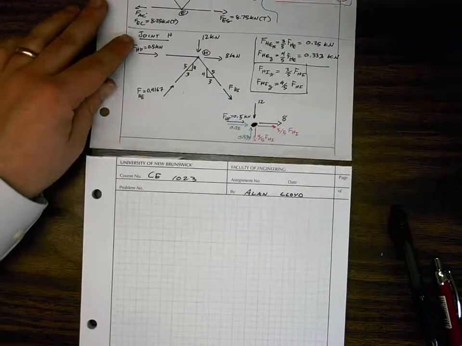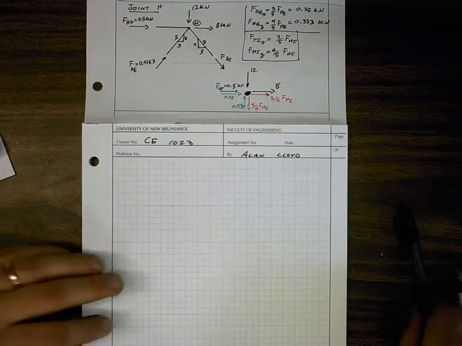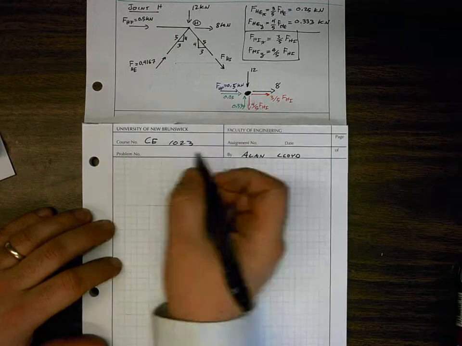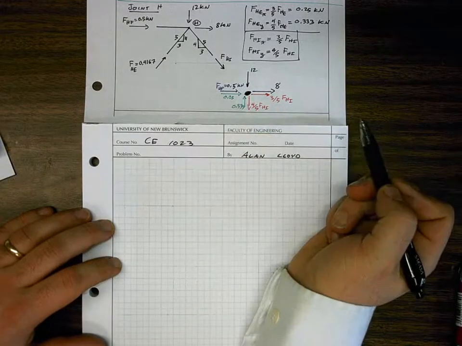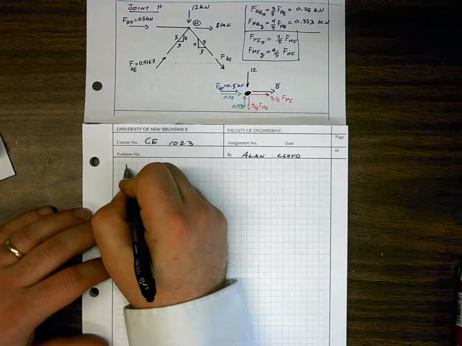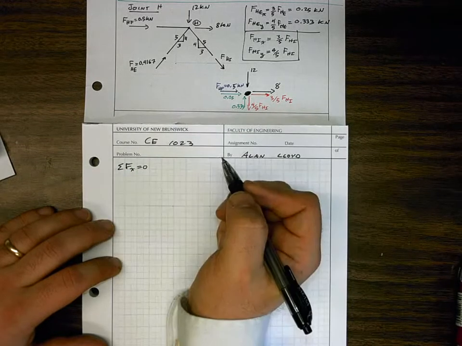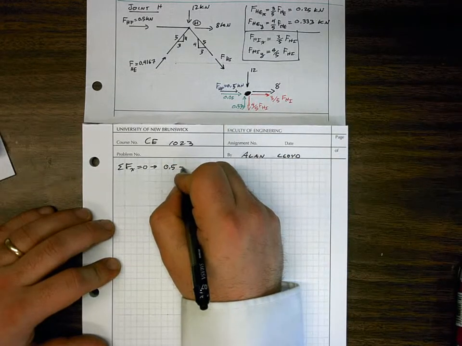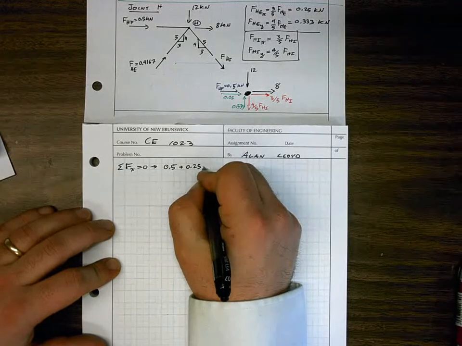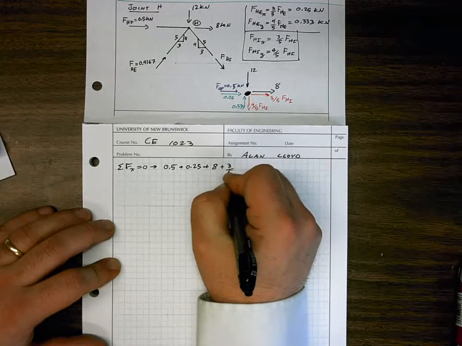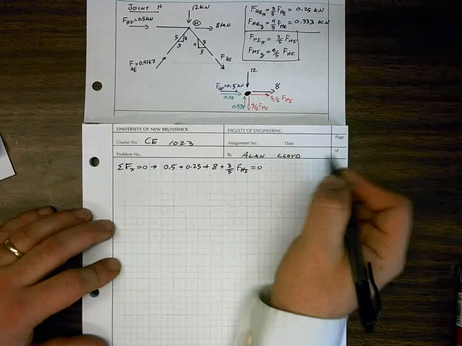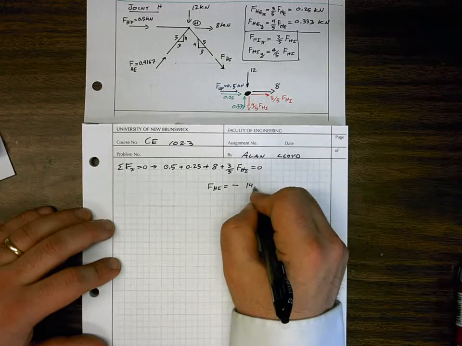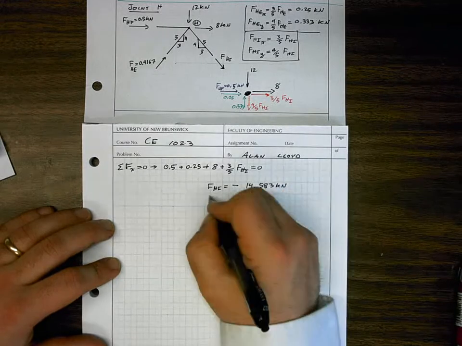We can go ahead now and apply equilibrium and solve for our unknown value FHI. Since it's only one unknown, we really only need one equation of equilibrium. So if we take sum of forces in y, we could get it right away. Or if we take sum of forces in x, we could get it right away. Either one works, so I took sum of forces in x and set that equal to 0. And here we have 0.5, this force, plus 0.25, plus 8, plus 3 over 5 FHI is equal to 0. This gave us FHI is equal to minus 14.583 kilonewtons,